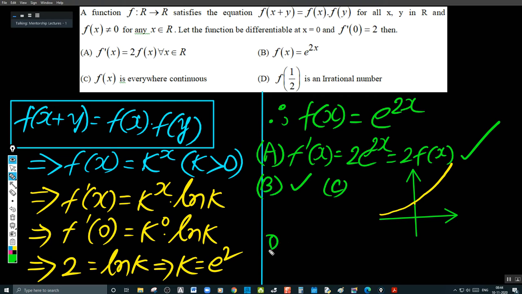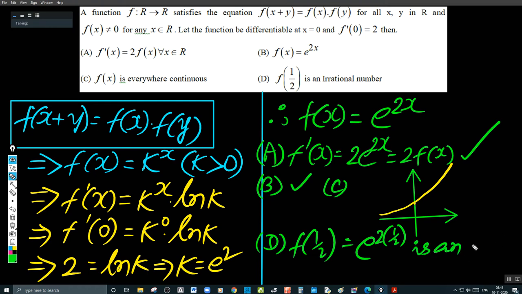And coming to D now, f of 1 by 2 becomes e power 2 into 1 by 2, which is e. E is an irrational number. That's also correct. So all the options, A, B, C, D, are correct. So this question is purely depending on the